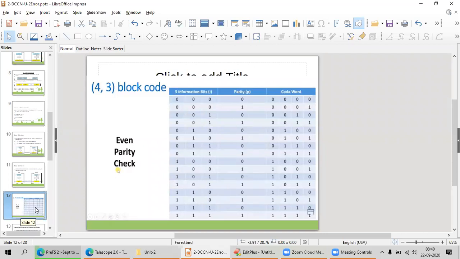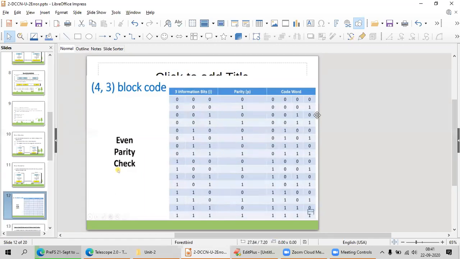With K equal to 3, all the possible messages are 000, 001, and so on. First I take the parity as 0, the second time as 1. For every data word, I take the two parities, 0 and 1, and add these parity bits to my code word.